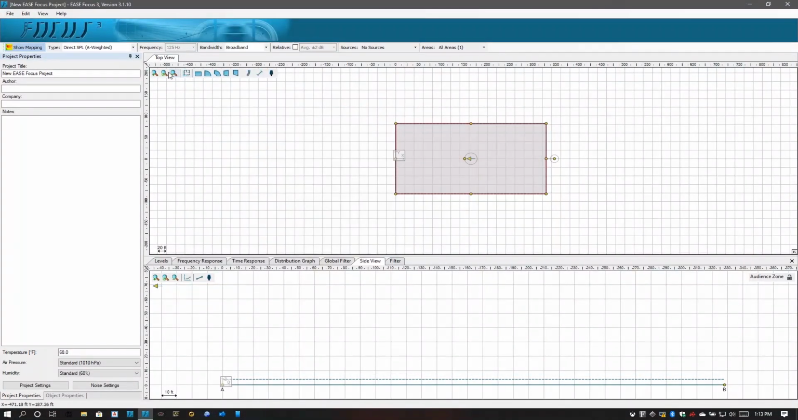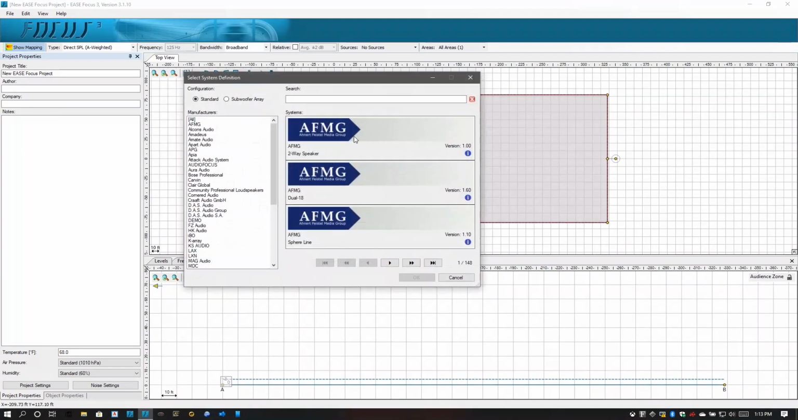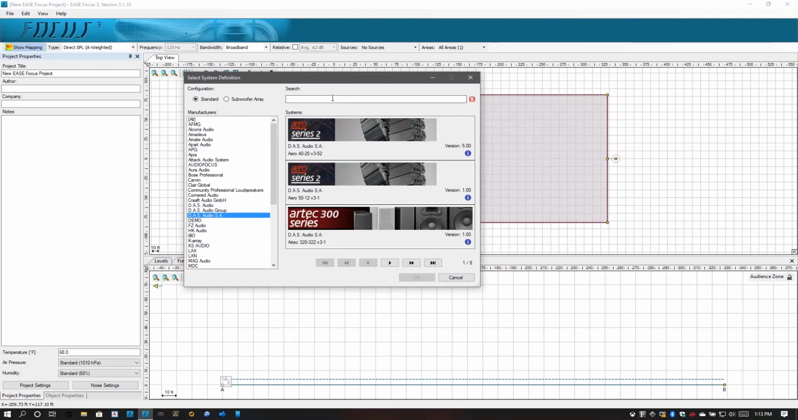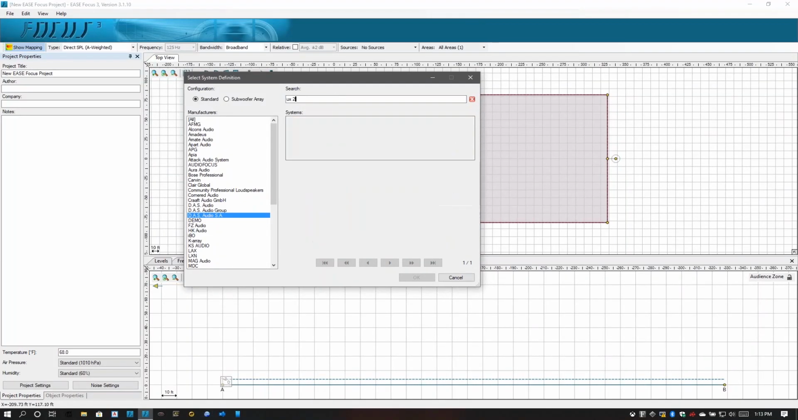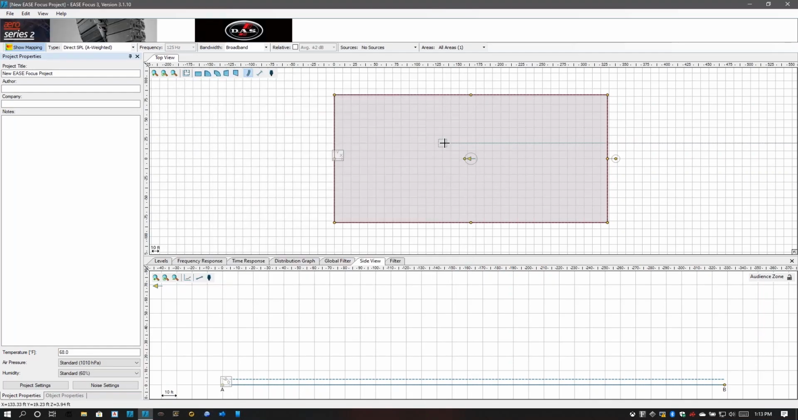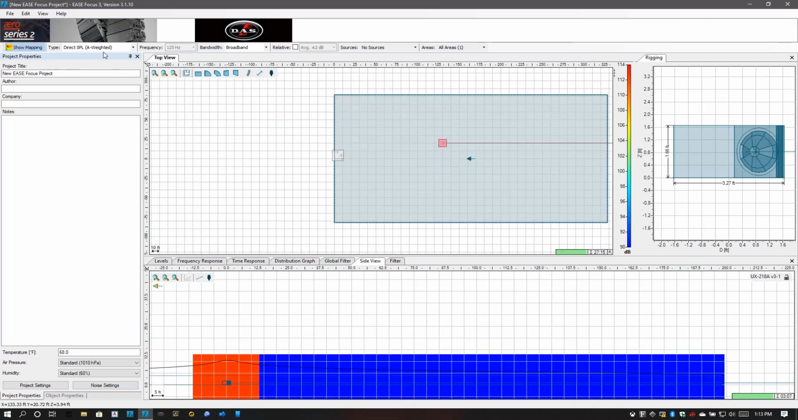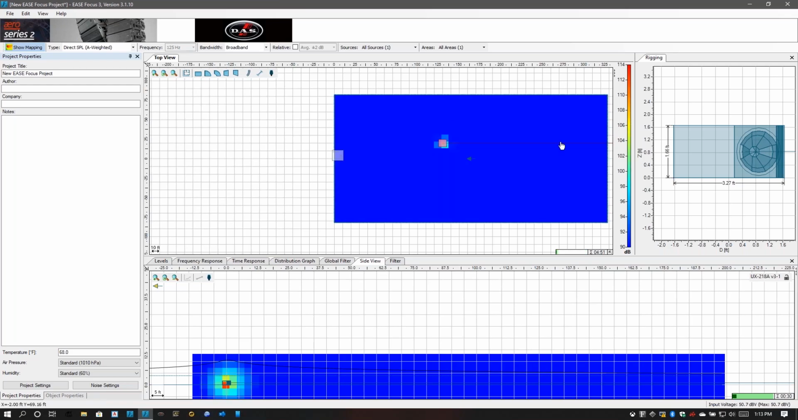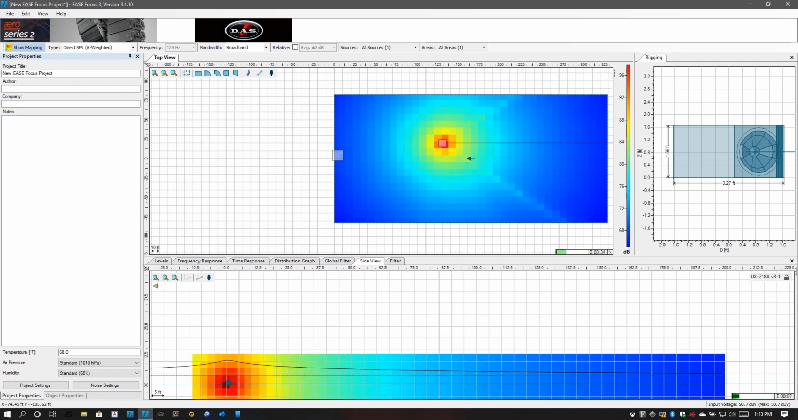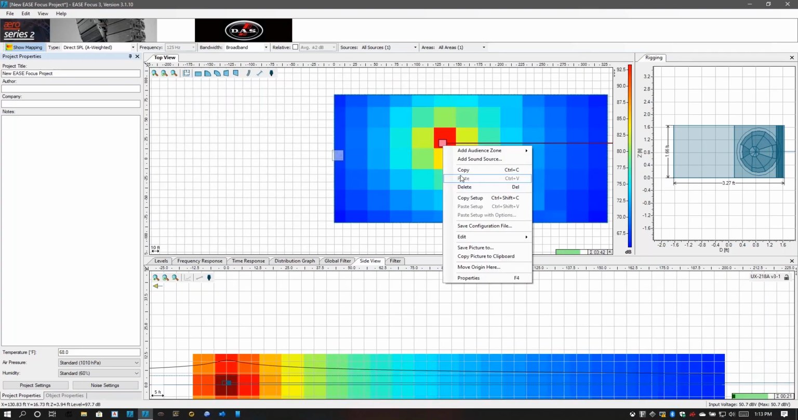So if I put two subs in, let's do that. Let's do our UX218 in standard, so I can get one sub. I'm going to change this to automatic and put a view in real quick. So this will be one sub by itself. If I copy and paste this,